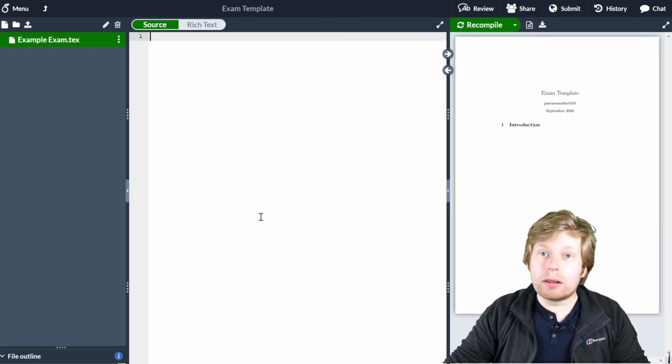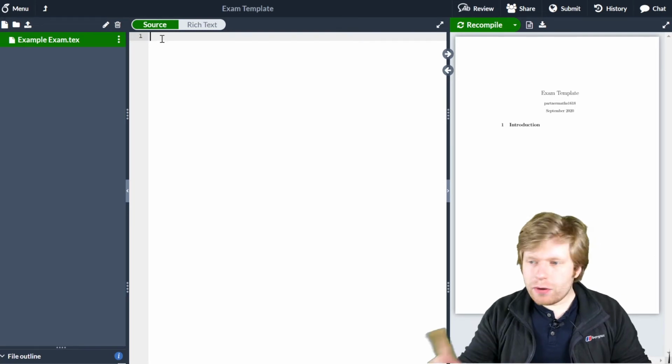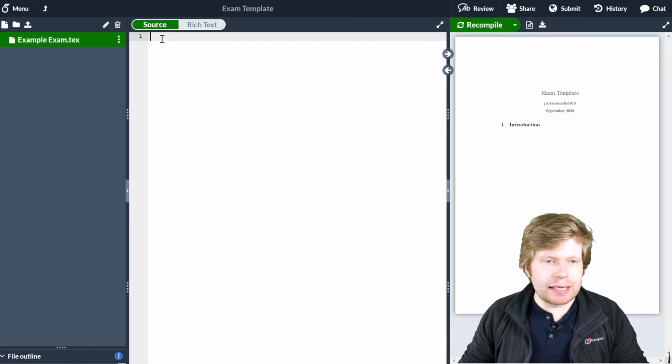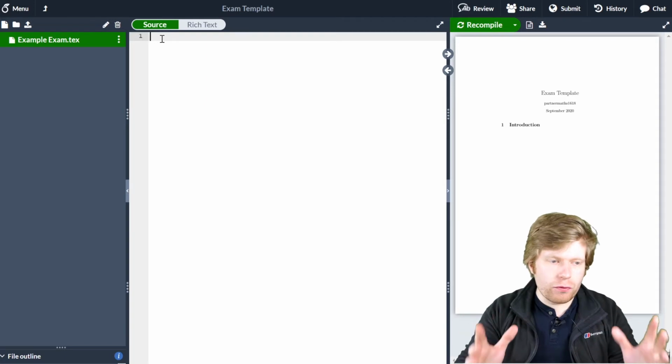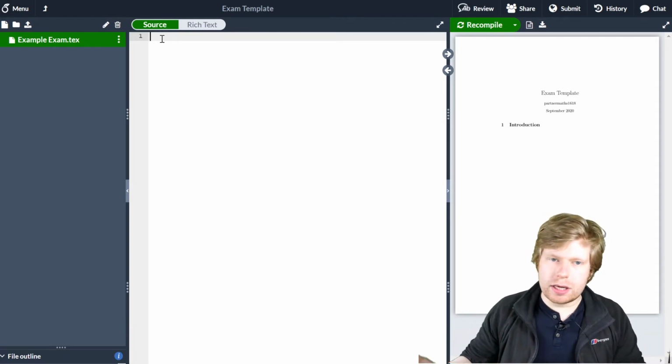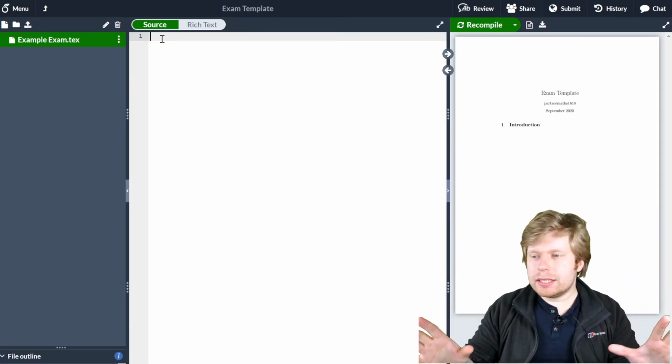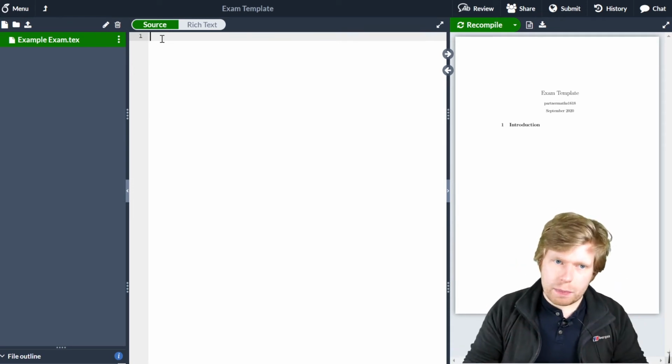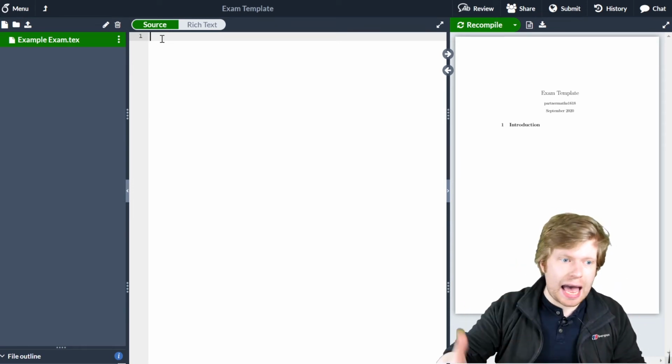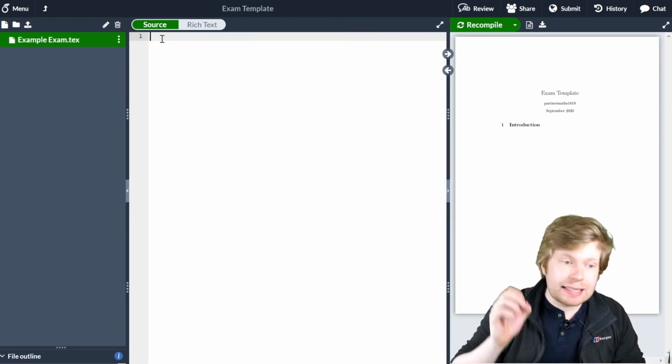So I want you to come to this middle window here. And the first thing I want to do is actually tell LaTeX, or tell Overleaf, what the document class is going to be. Now there are lots of different document classes, okay? But the one which we're going to be using, because we're creating an exam or a worksheet, is the exam